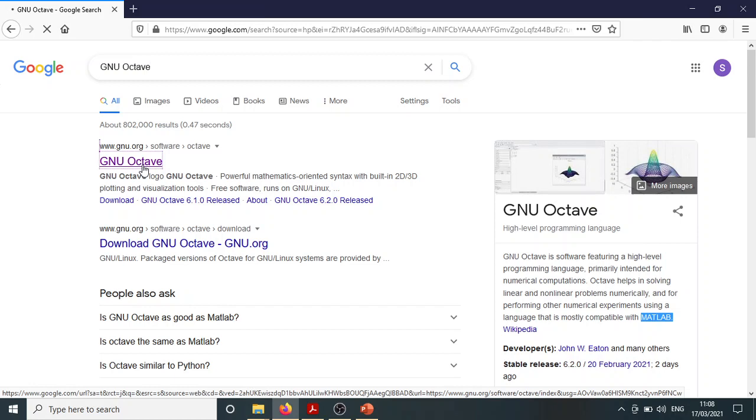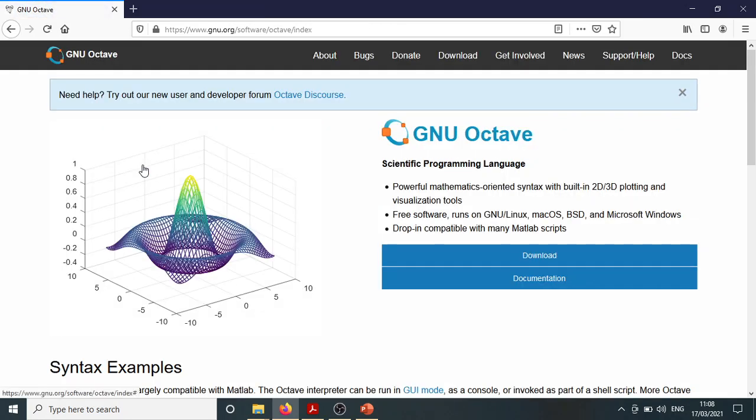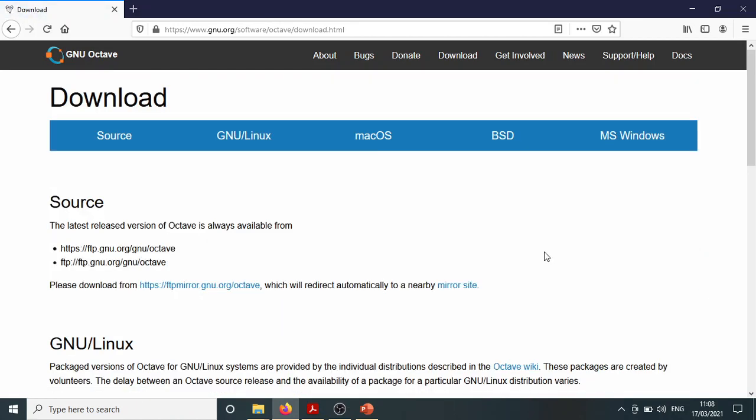So you Google GNU Octave, you click this link and go to the GNU Octave web page. You'll come here, and here you can click on download, so it will take you to the download page. When you get to the download page, you get these different options. One of the options is source. You can download the source code of GNU Octave. So source code means